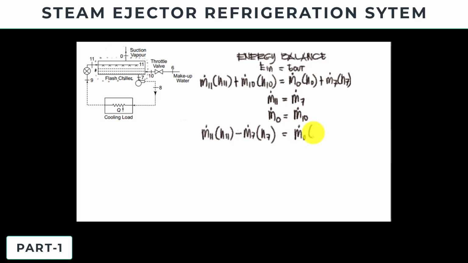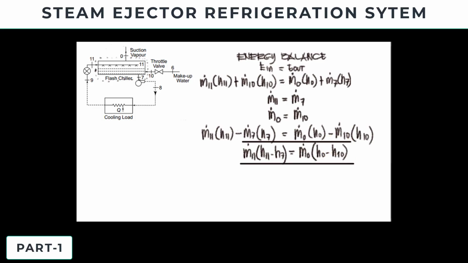mass flow rate O, enthalpy O, minus the value of the mass flow rate 10. Since they are equal, that will be multiplied by enthalpy 10. Now, since these are equal, I can factor that one. So that will be mass flow rate 11 multiplied by enthalpy 11 minus enthalpy 7, and this is equal now to the mass flow rate O, factor that one, enthalpy O minus enthalpy 10. Now,